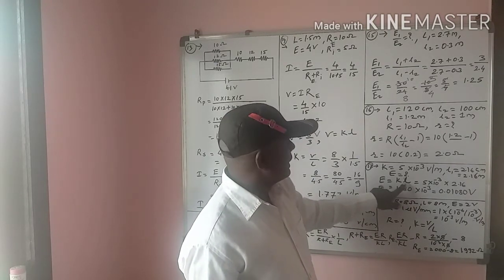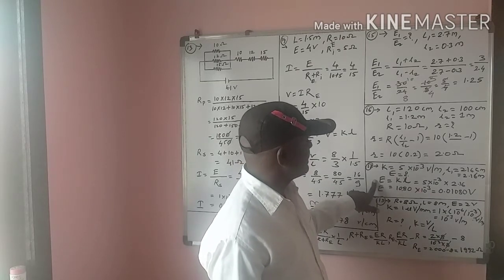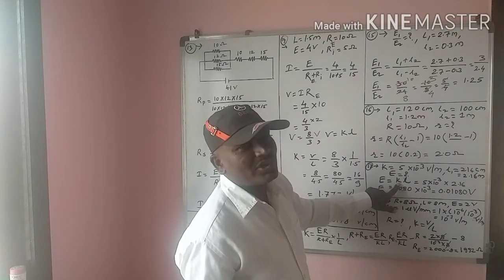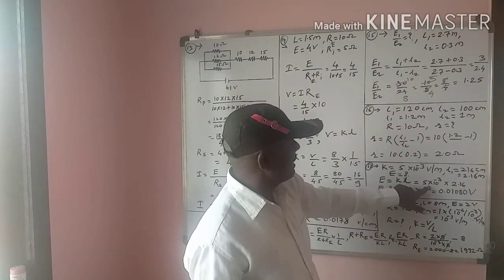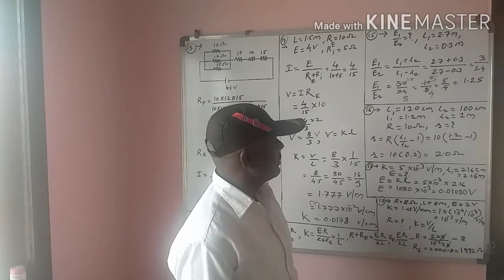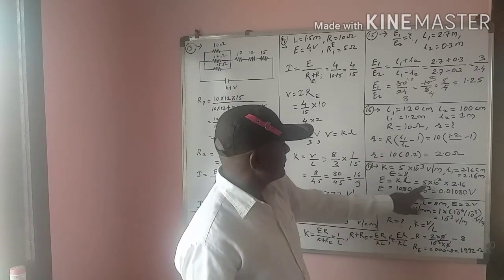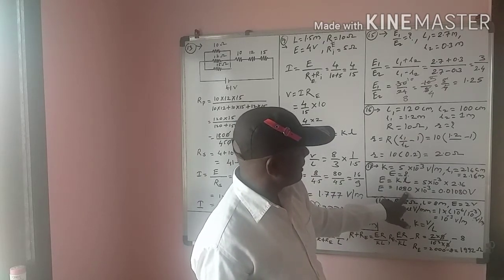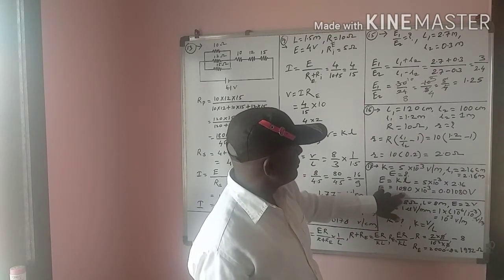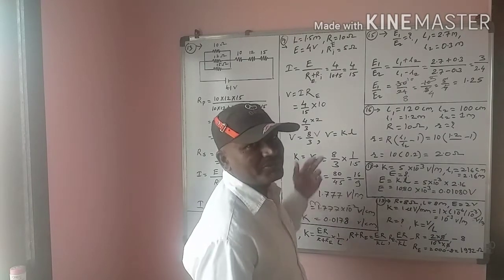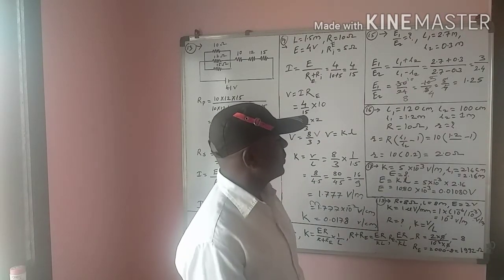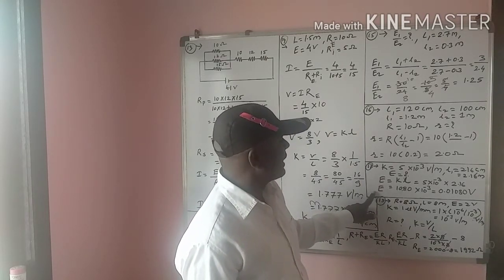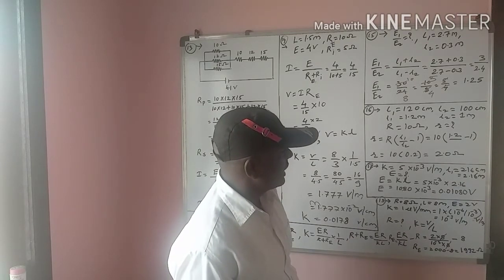The formula is EMF or potential is directly proportional to its balancing length, multiplied by a constant, that is the potential gradient, E is equal to KL. K's value is 5 into 10 to the power minus 3 multiplied by 2.16, and here 5 multiplied by 216 is 1080 and multiplied by 10 to the power minus 3. The decimal is shifted 3 places to the left side, and we get here 0.01080 volt. This is the answer, that is the EMF of that cell, 0.01080 volt.